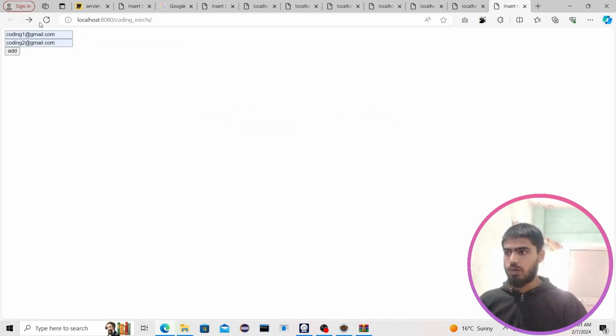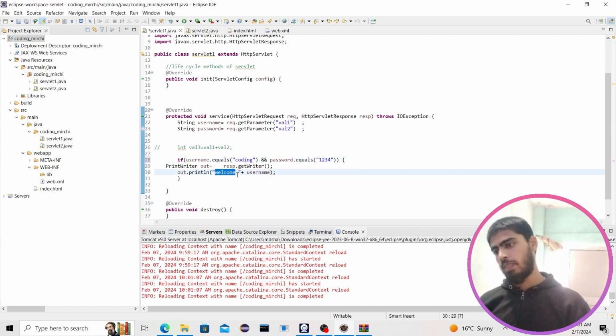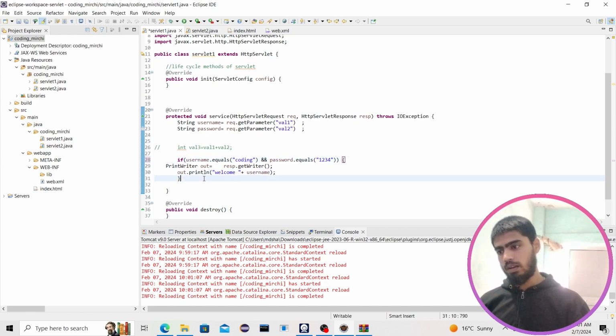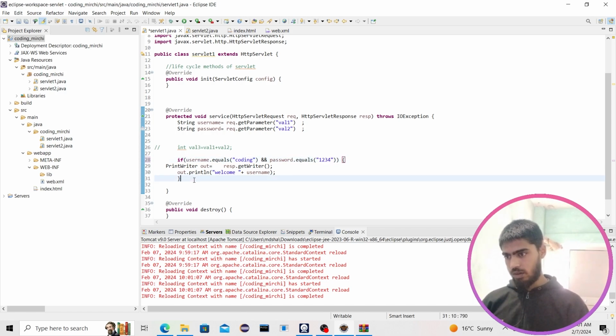If the client is providing this username and password right here, then they are going to get welcomed, and this welcome statement will run. Or else, if both this username and password don't match, then they are going to get the message